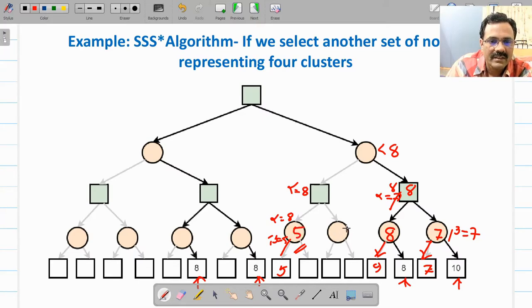Then it will come here. Here alpha is 8. It will evaluate this node, value is 11, so beta will be 11 in that case. So it has to evaluate this node also, value is 12, 11 is less than 12, so beta will be 11. It's a max node, it will take max of this, so value of this node will be 11 and value of alpha is 11.